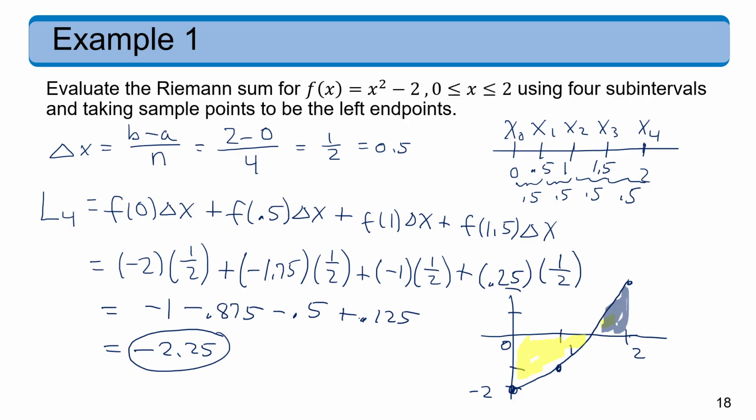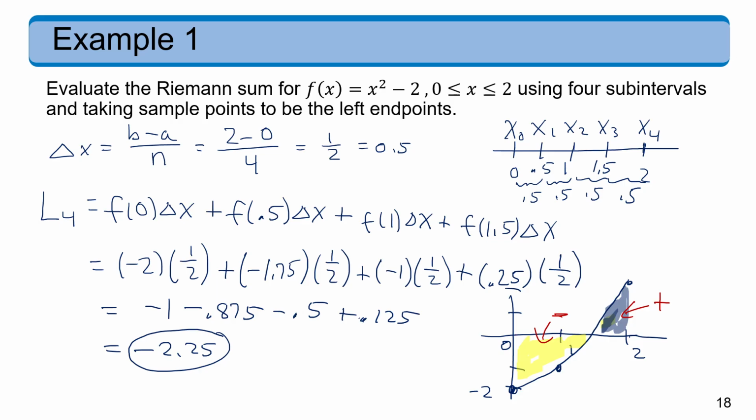And as we know, the region that is above the axis will count positively, and the region below will count negatively. And of course, we approximated this using rectangles. So if we just put kind of a rough sketch of the rectangles we used, the